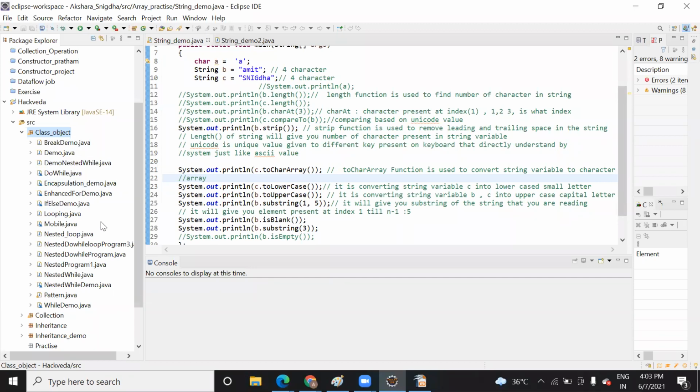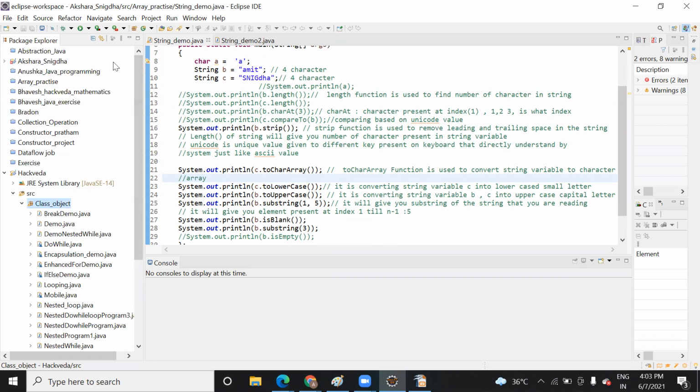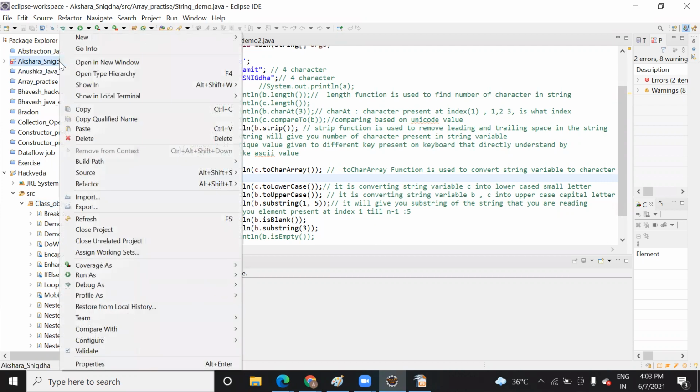Now you are able to declare an object of a class, am I right? You are not getting any difficulty with objects. What is a class? Just one minute, let me close this previous project.